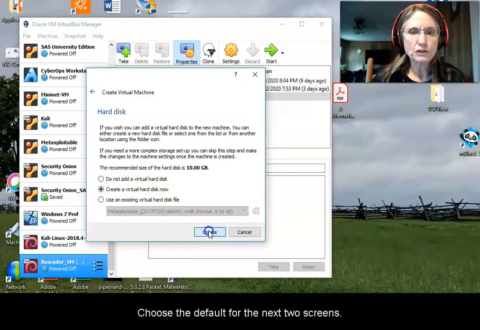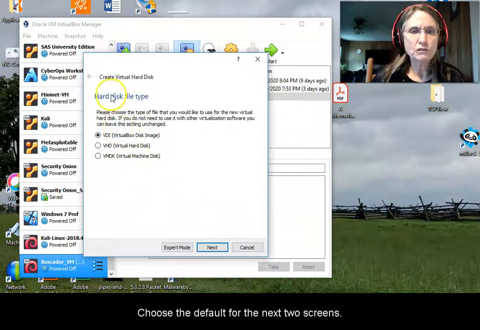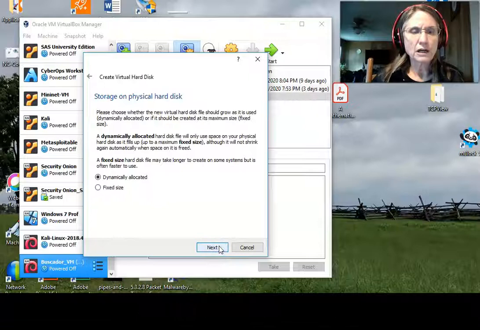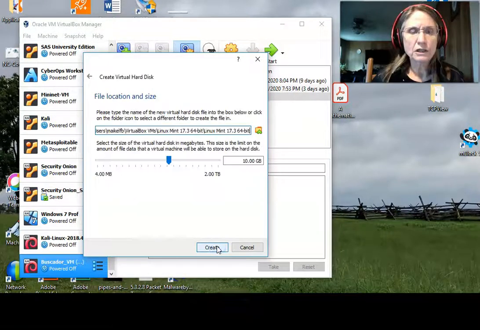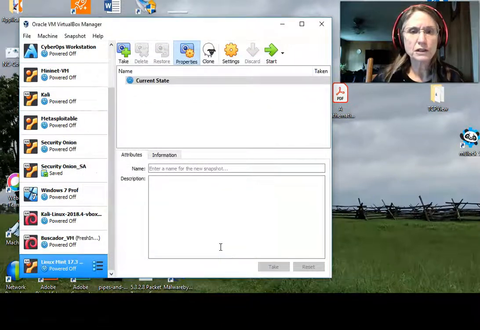You can choose the defaults for the next 2 screens. Dynamically allocated would be fine for the hard disk. We'll choose the default here for the virtual hard disk megabytes. And we now have